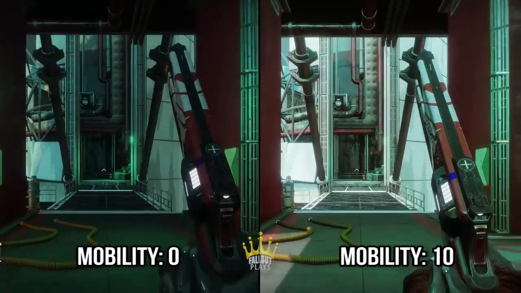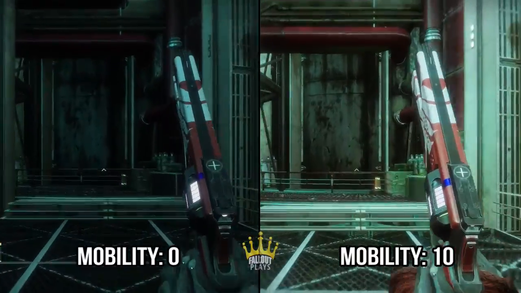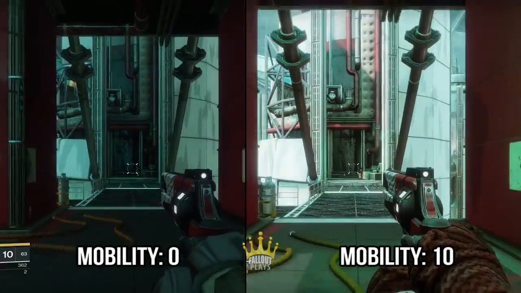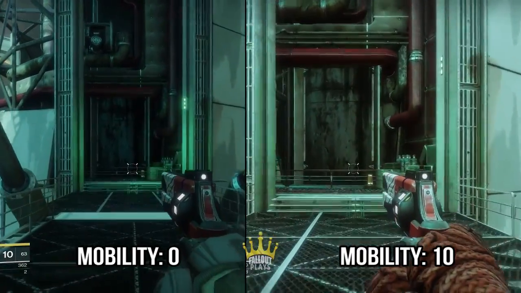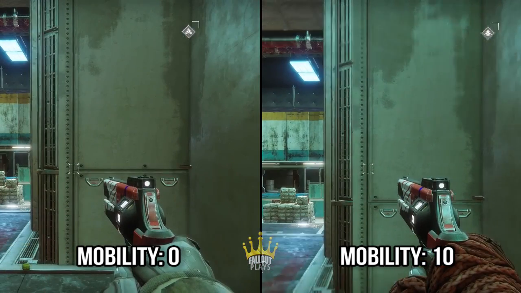Here, side by side, 0 mobility compared to 10 mobility. Same running speed. And now 0 mobility compared to 10 mobility with your walking speed. Definitely a difference there. Mobility also does affect your initial jump height, but in a game where missing jumps is kind of okay because you have a built-in clamber effect,